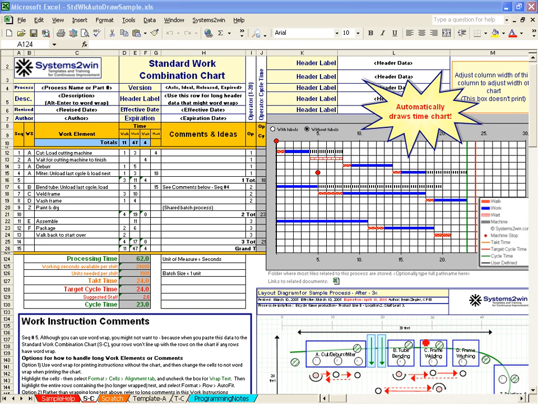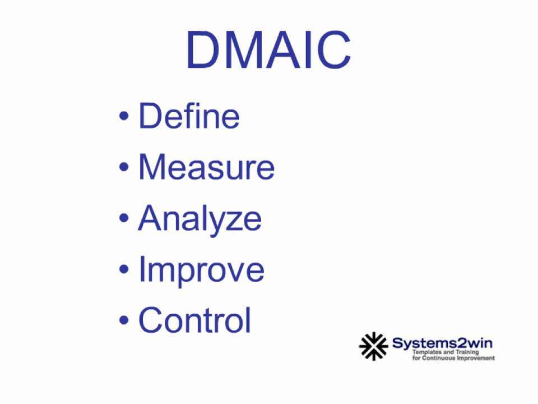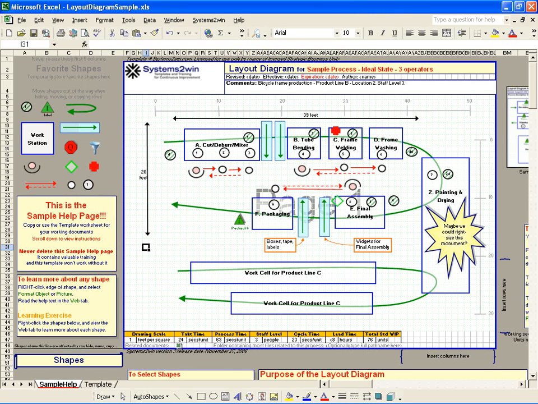Your standard work combination sheets should be the cornerstone of most of your lean efforts. It's no exaggeration to say that this is the single most important tool in your lean toolkit to define, measure, analyze, improve, and control any process. And the first step toward defining standard work is to define the process in the form of a spaghetti diagram. In fact, many companies don't even call this a spaghetti map or a layout diagram. They call this tool the standard work chart.